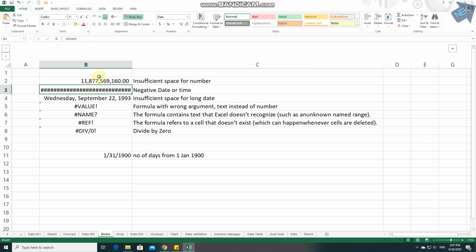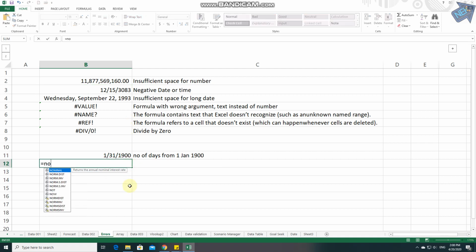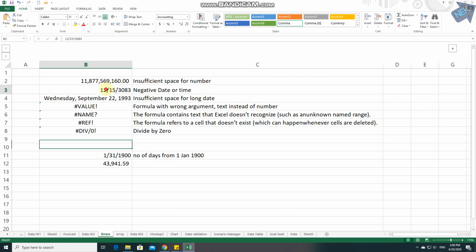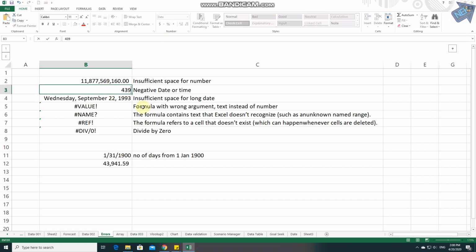So for the current date, let me just delete the negative. So this is showing the date for 15 December 3083. So what is the current date now? When I type now and convert it to number, it is 43941. 43941 means